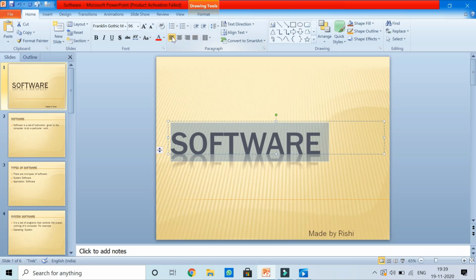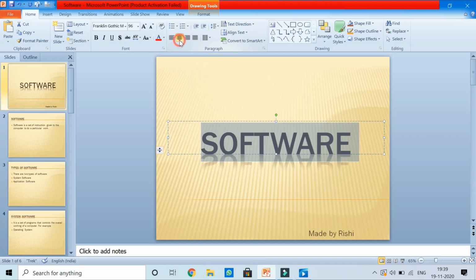Just now you can see this yellow box. It shows that it is left aligned. Now I want to bring it to the center. So I'll just click on center and you see the text is shifted to the center of the text box in the placeholder. Okay, so this way I have changed the size and alignment of the text.